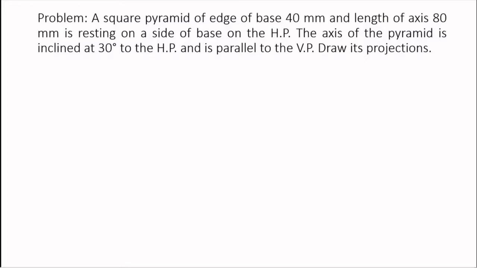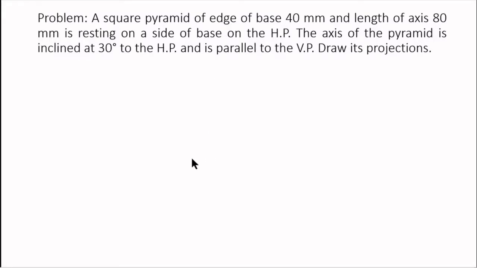So for this problem, it's given that the side of base is on HP. So if the side of base is on HP, this is an edge condition, and in a projection of solid, we have to keep one side of base in the HP. So we start by placing the pyramid base on the HP. So in the top view, a square would be seen. And since the side of base is in the HP, we have to keep the side of the base of the pyramid towards the right.